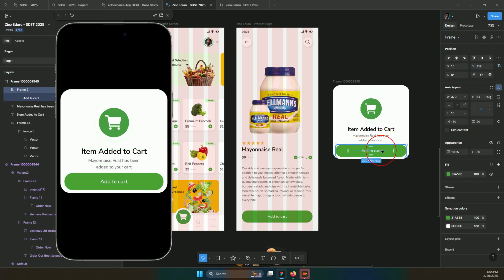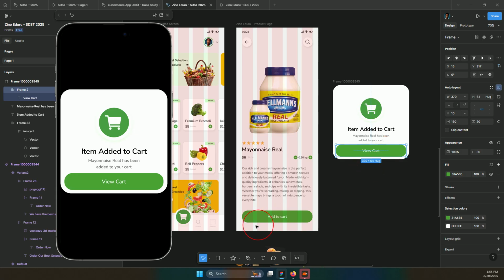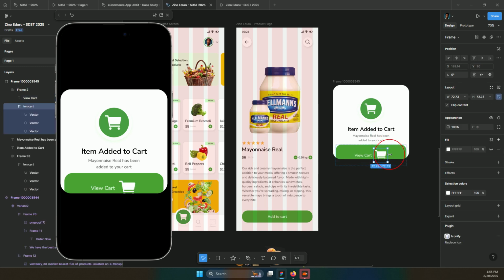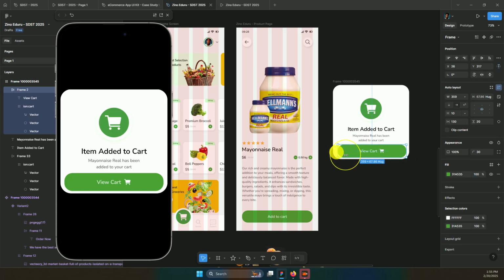So right now, since we don't have the other screen settled, we'll just put the option of view cards. And view cards, you can actually add the icon right here. Just click on it, copy, and paste it right here. You reduce the size a bit. Okay, we have view cards, and then we have view card, then we have Ctrl C, Ctrl V,